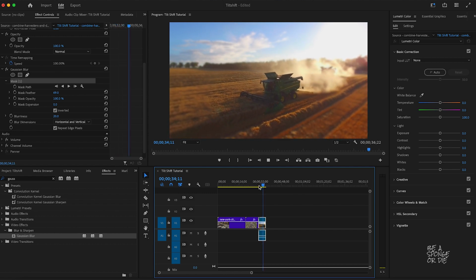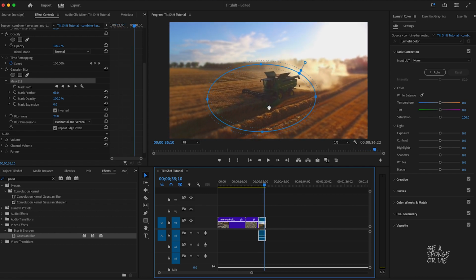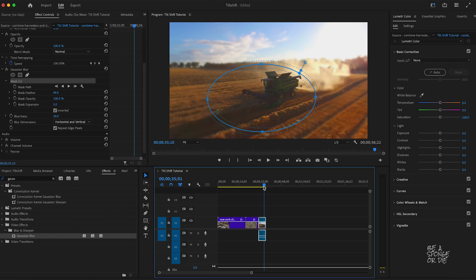One of the problems we're having with this is our mask is not quite tracking with our combine because our camera is moving farther away from our combine. So as our camera gets farther away, our mask is getting bigger. And that's not what we want. So we come back to the beginning